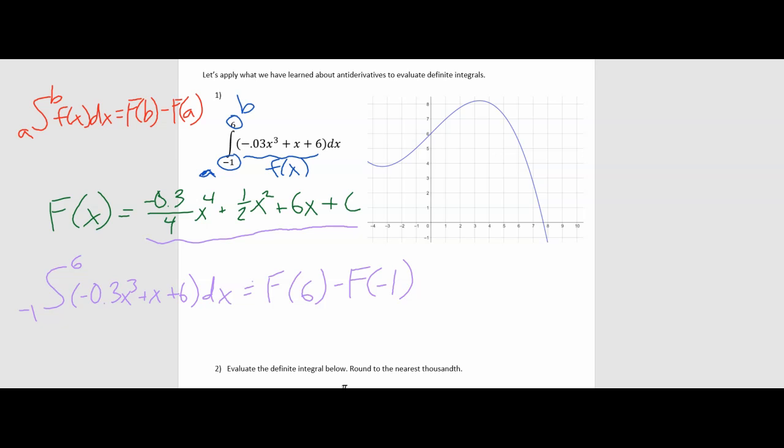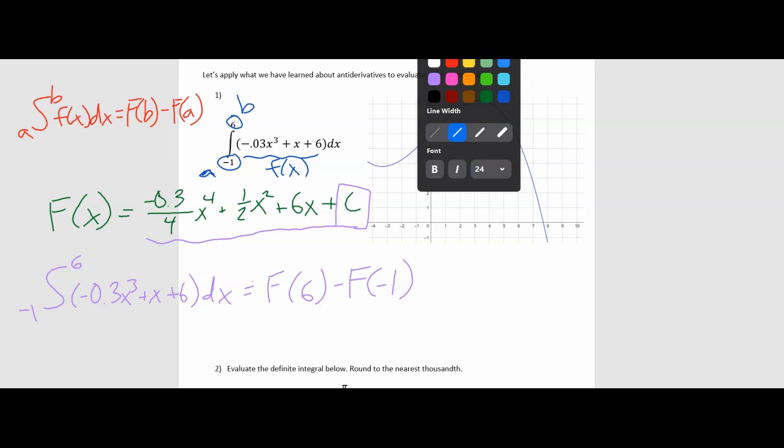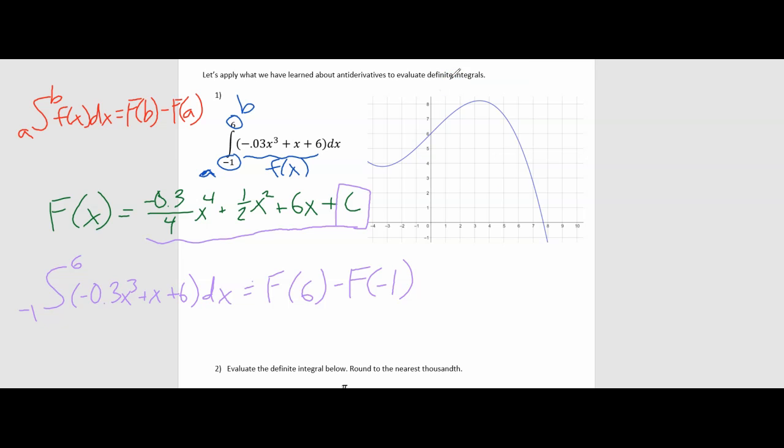Now, you may think, if I have this c on the end, how am I going to substitute into a function that has a c and an x when I only know what my x value is? Well, if you are subtracting F of 6 minus F of -1, I am going to write out this whole thing once. You won't have to keep doing this. So this is equal to negative 0.3 over 4, substitute in 6 for x,